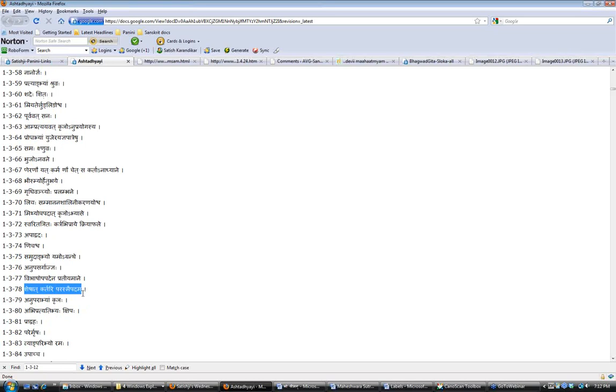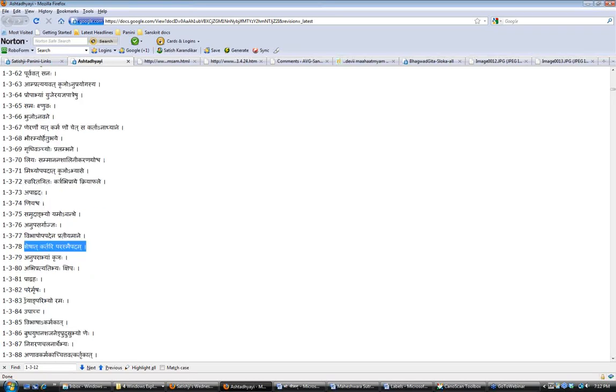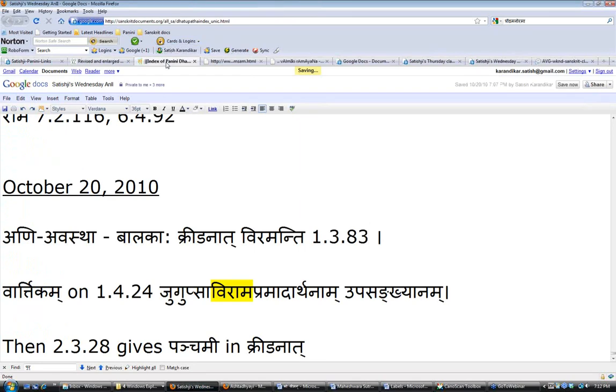Everything else is Parasmaipadam. And below that we saw this dhatu which was Atmanepadam in the Dhatupatha, because it probably has an it letter. Actually, there's also a nice Dhatupatha file, by the way. I don't know if any of you are using these resources, but there's also an index of the Dhatupatha over here.